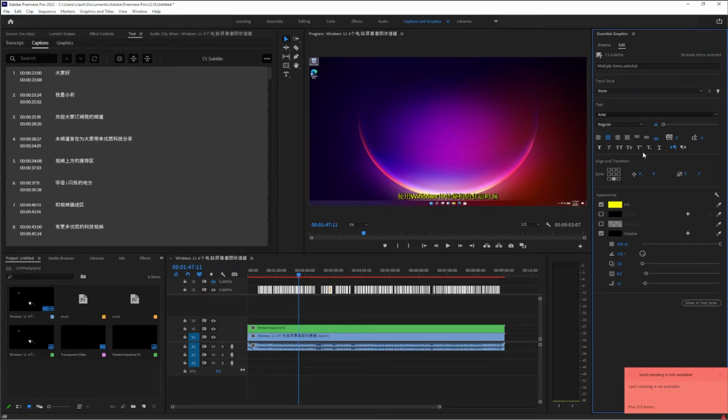Now you can clearly see Chinese subtitles are on top of the English subtitles. Adjust the position of the Chinese subtitles. So a bilingual video is created.